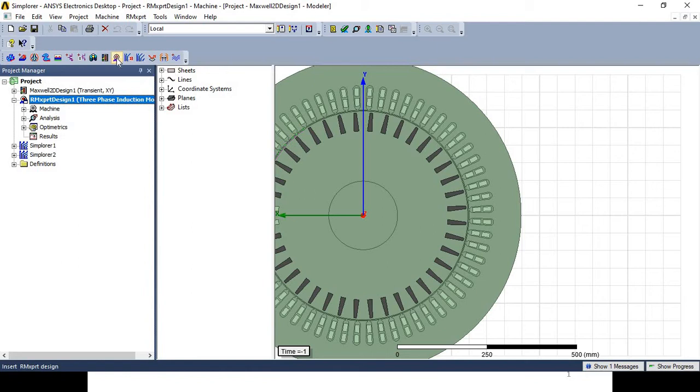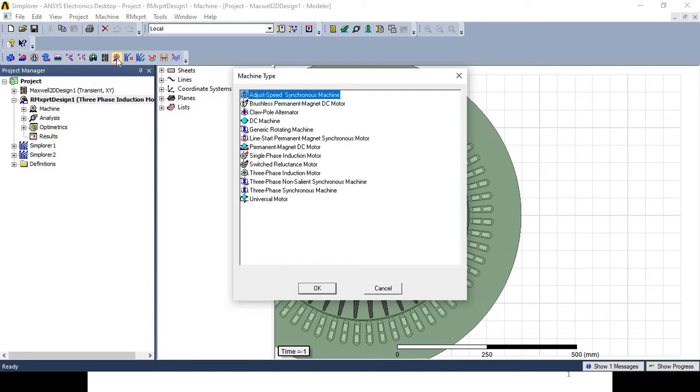Whenever you are going to design a new project, just go through the RM Expert option, that is, insert RM Expert design. When you click on insert RM Expert design, there are different options for selecting the different types of motor, like adjust speed synchronous motor, brushless permanent magnet DC motor, claw pole alternator, DC machine, generic rotating machine, line start permanent magnet synchronous motor, permanent magnet DC motor, single phase induction motor, switched reluctance motor, three phase induction motor, three phase non-salient synchronous machine, three phase synchronous machine, and universal motor.